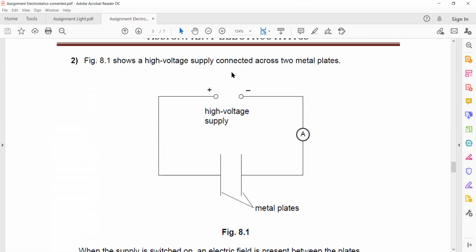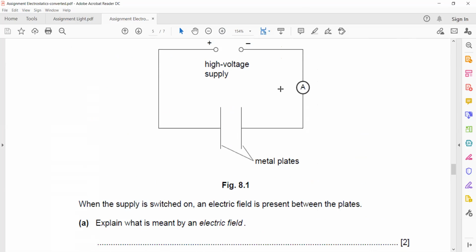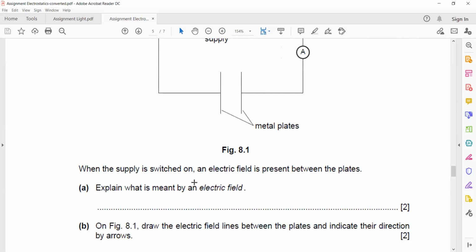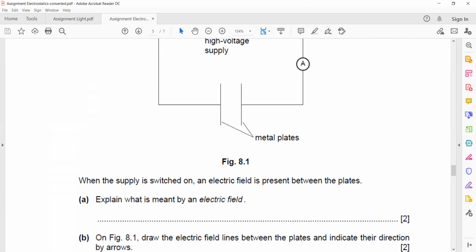Figure 8.1 shows a high voltage supply connected across two metal plates. What is meant by electric field, and draw the electric field lines between the plates and indicate the direction. So, what is meant by electric field? You should write a standard definition for this. It is a region around the charge, or it is a region where electric charges can experience force,